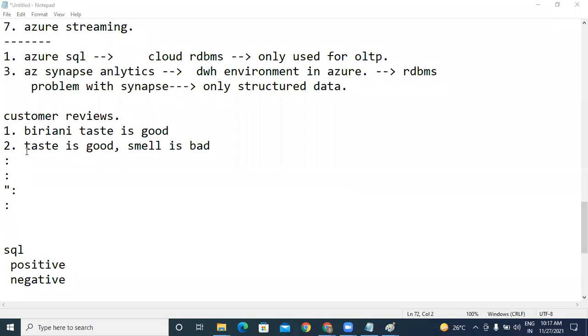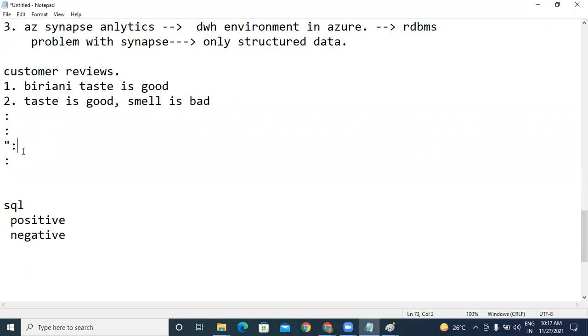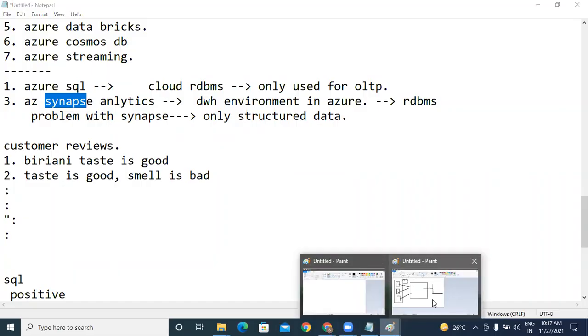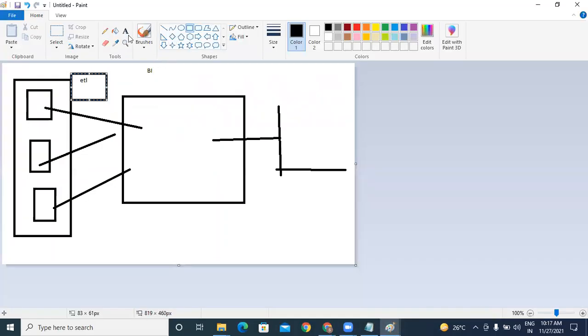What about audio, video, images? These are all unstructured. All these things are unstructured, and they cannot be handled by Synapse. Got it? Now, in my warehouse, look at this. If you treat this as a data warehouse,